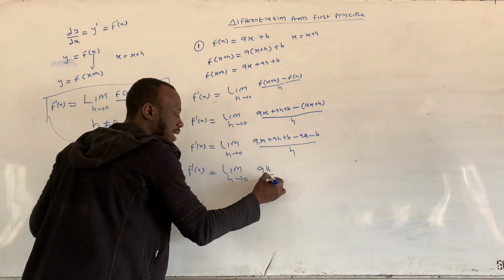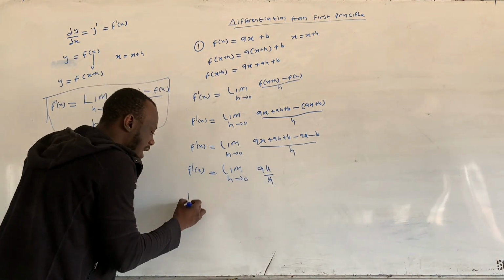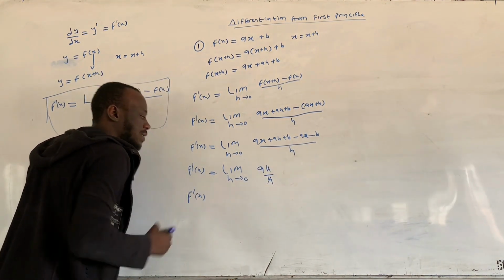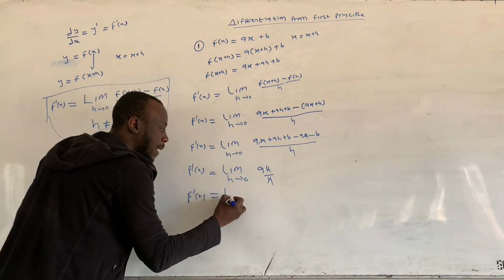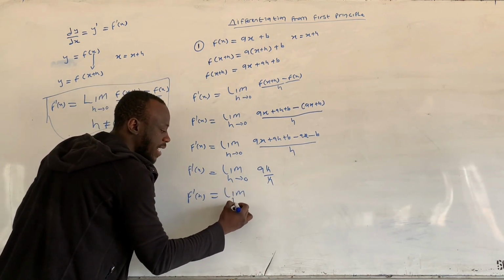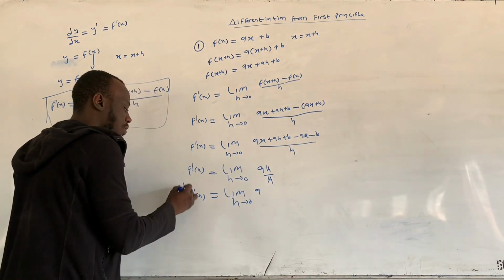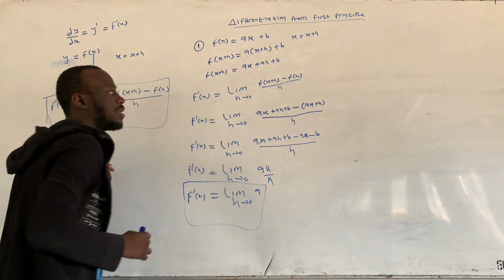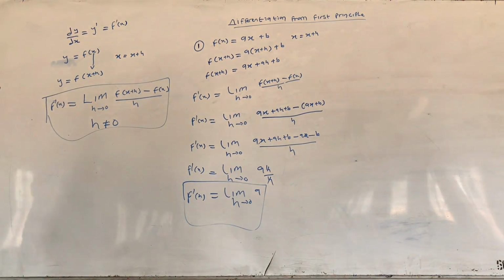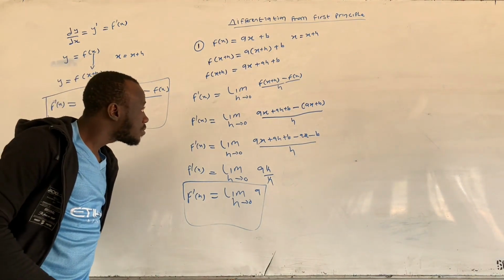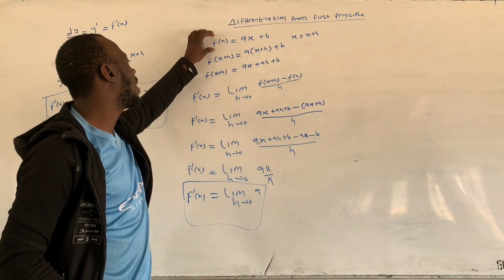So now h cancels out h. So our f prime of x is equal to the limit as h tends to 0 of a. This is our final answer. This is how we use first principle to solve any equation related to